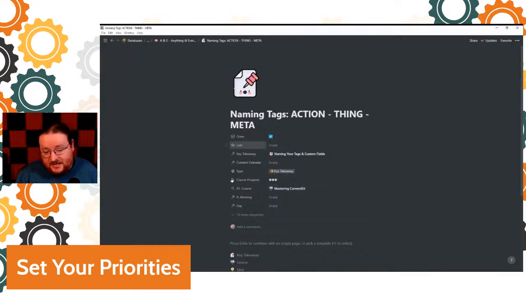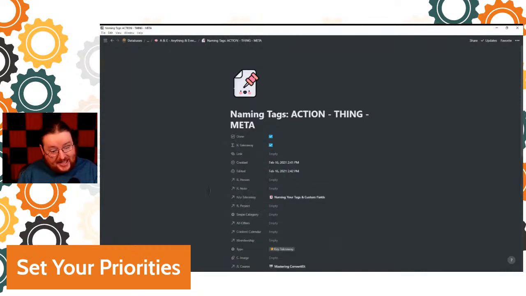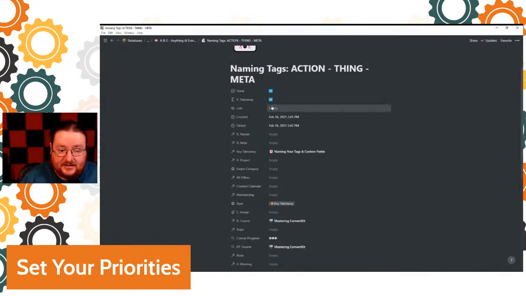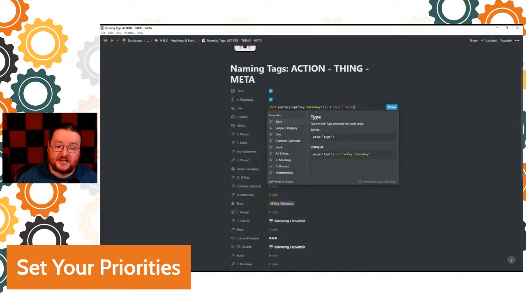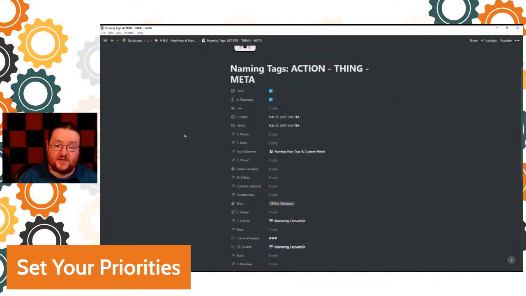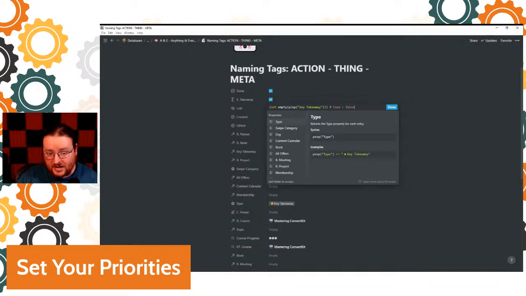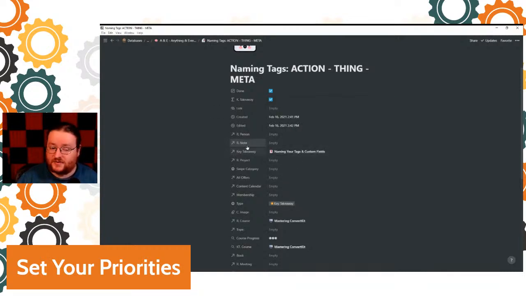And so we'll dive back in. So here is my A&E database. This is a key takeaway. So at the top we have the done. It means I've kind of looked at it and seen it. Key takeaway is very simple. What I have here is not empty, prop key takeaway, if it's true or if it's false. So here I've got a key takeaway